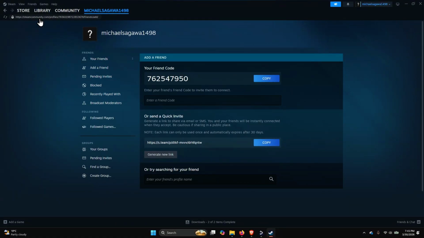So once in the add a friend window, what you need to do is add a friend either using a friend code, a link, or by searching for username. I've already done this. So after you add a friend, the next thing you have to do is click on